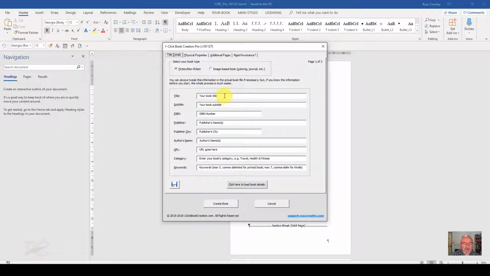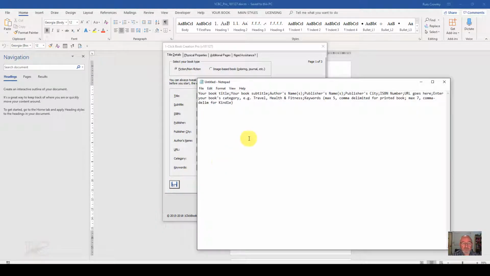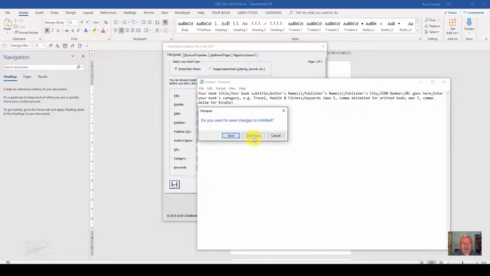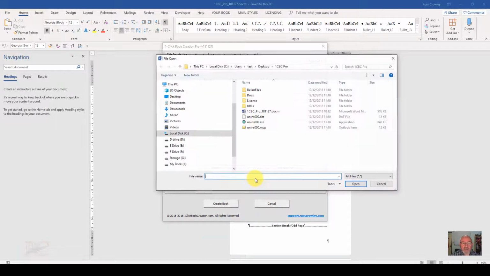going to publish. Now, the first time you enter the information, of course, you're going to have to type it in or copy and paste it in. But once you've done that, you can save your details here by clicking on the Save Form. And it will save it as a text file for reuse, or if you've already saved it, you can click